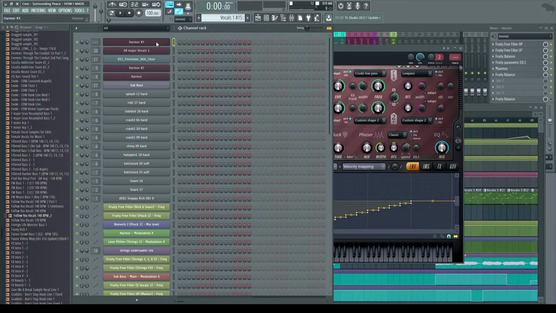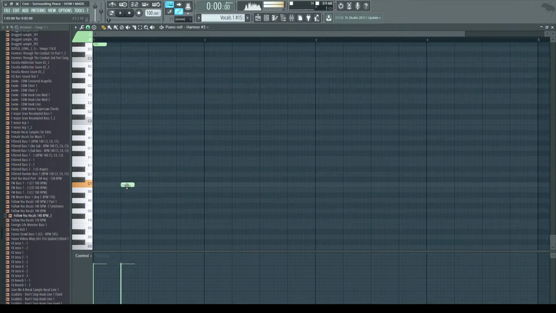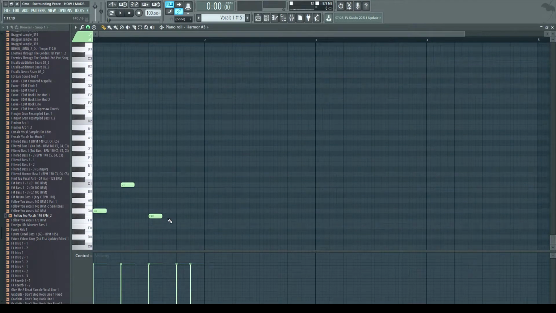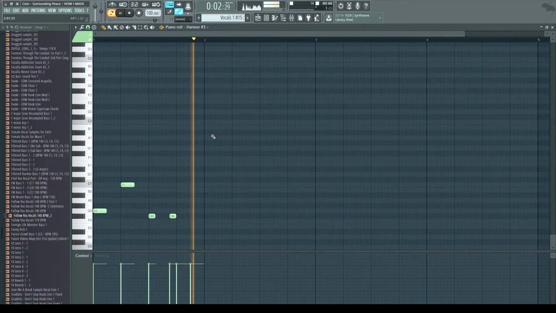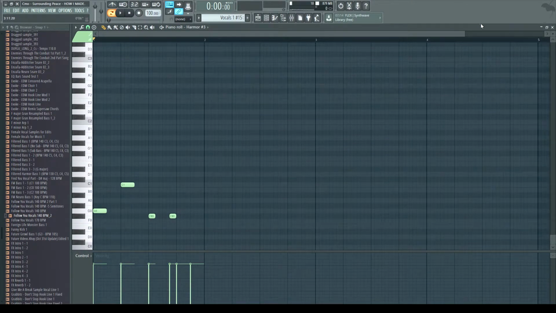Let's just simply put in some random notes. It's not going to be any kind of good, but we don't care, because this is just an example to show you what you might be able to do if you didn't suck. Like me. Let's just mix it up a little bit with this. Bam. Something kind of alright. So, that's basically how you can do vocal chops.